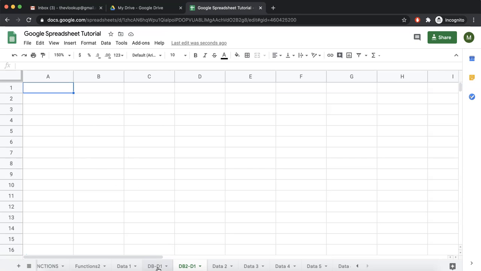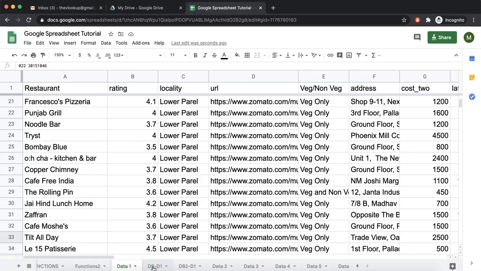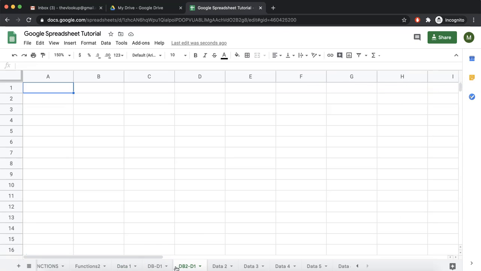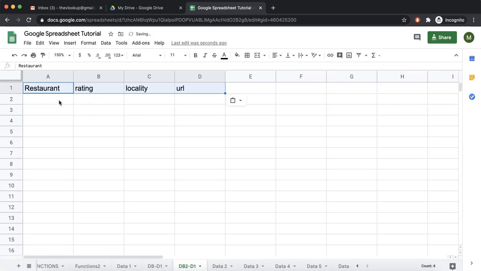You can name it anything, I'm just naming it like that. Over here, from data1 I want restaurant rating, locality and URL populated. But I want only those restaurants that have a rating of more than 4. So we say equals FILTER.